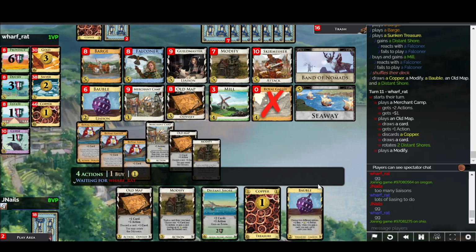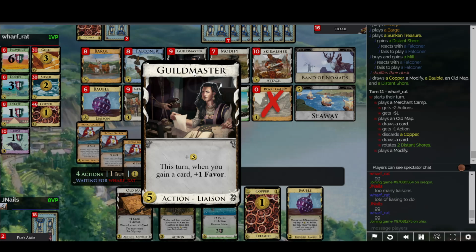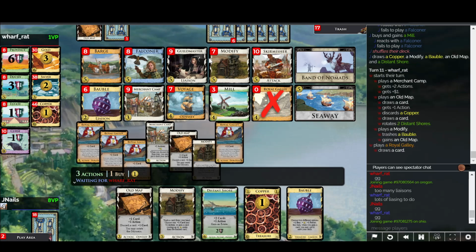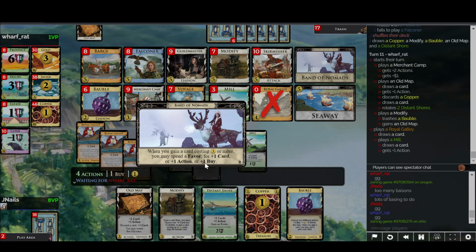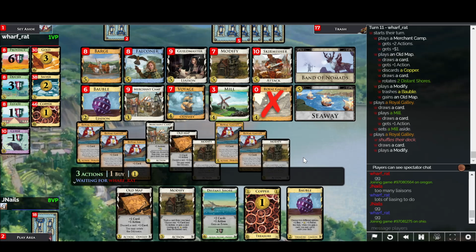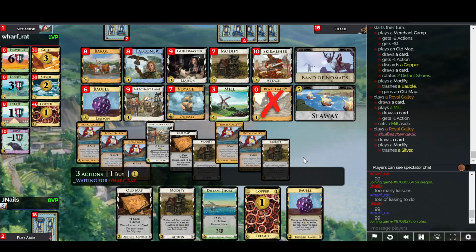So piles are getting low-ish. Guildmaster is not helpful for piling baubles or estates. Right. Band of Nomads let you buy unlimited 3 and 4 cost cards, but not 2 cost cards. And I don't have enough money to think about piling Merchant Camp. I don't know what third pile is going to run. Mill looks like it could go anytime now, but aside from that,